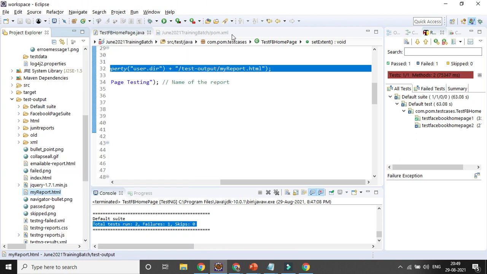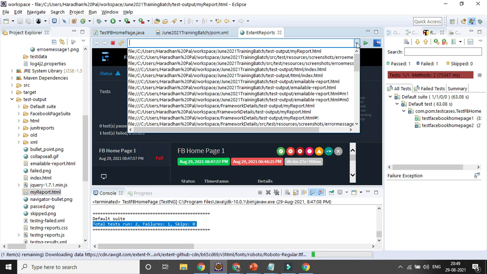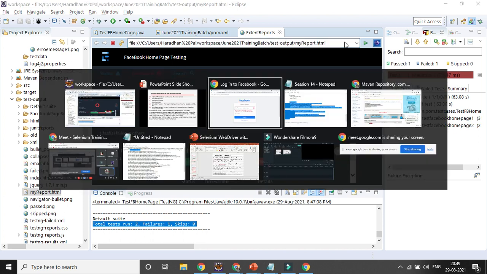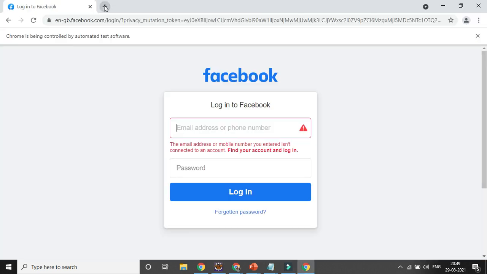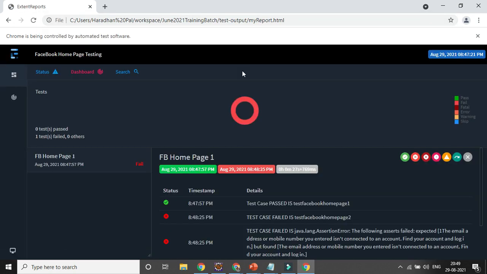You can open it. Try to open it here also. You can see one test case passed, the other test case failed, right?